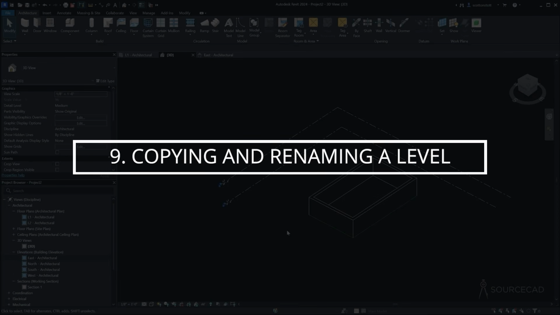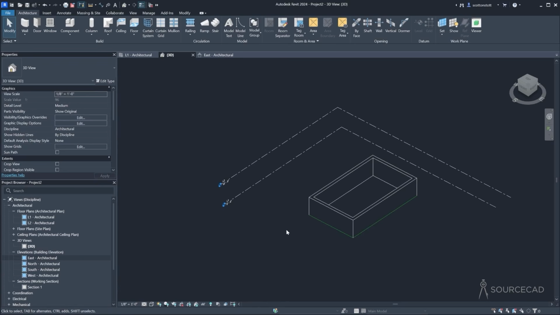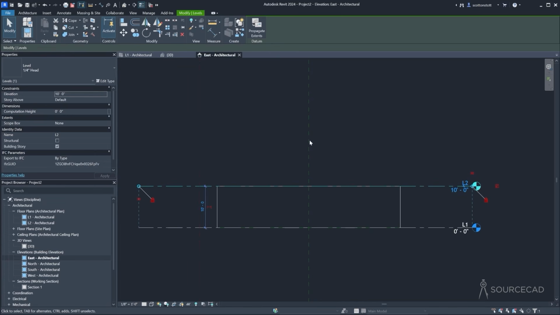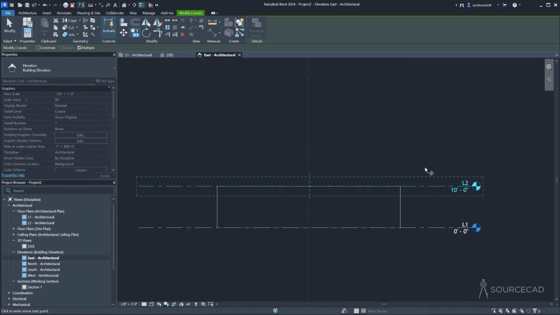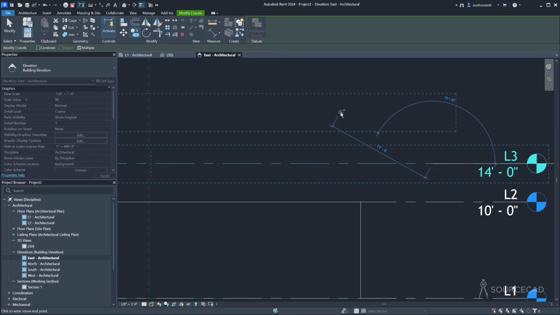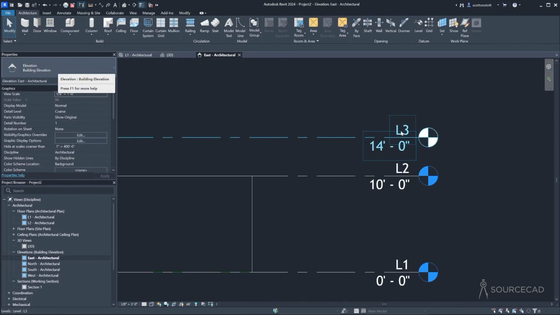Now let's consider how we want the elevation to appear. So I'd like this to have kind of a typical house shape with a gable roof. So let's think this through. I'd like to have 2 levels in the project and then the roof. So in this project, I'm going to go into the east elevation, and I'd like to have another level. So I'll click on level 2 and copy that from here, moving it up 4 feet. And it automatically names it level 3,